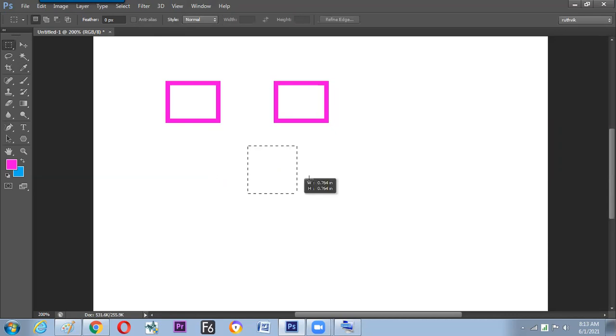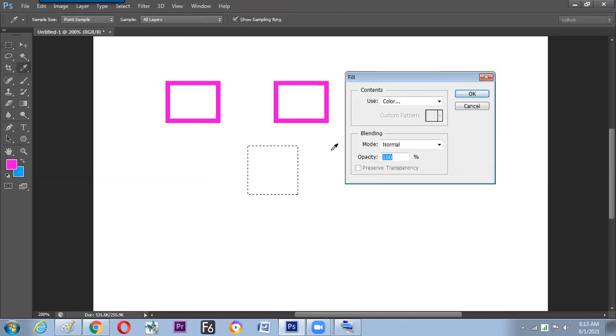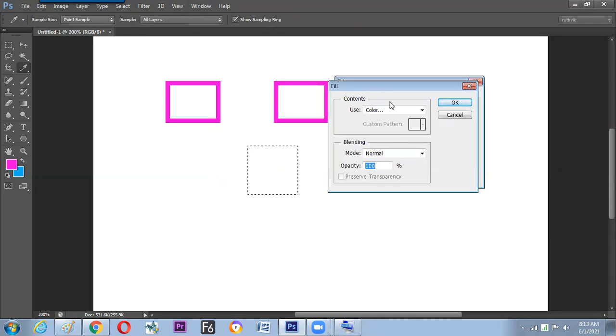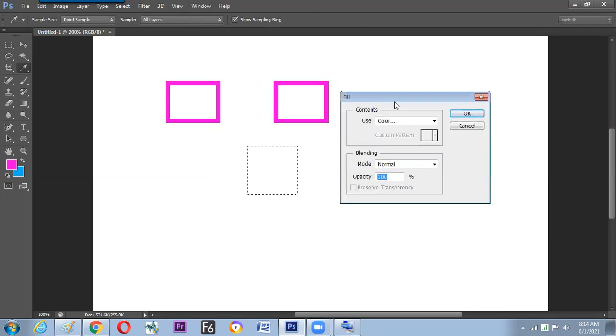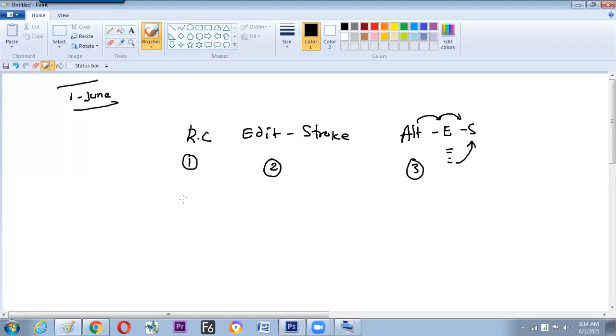Once again, press the backspace. If a selection is there, then the fill command will come by the press of backspace. Now tips and tricks started. If a selection is there, then backspace activates